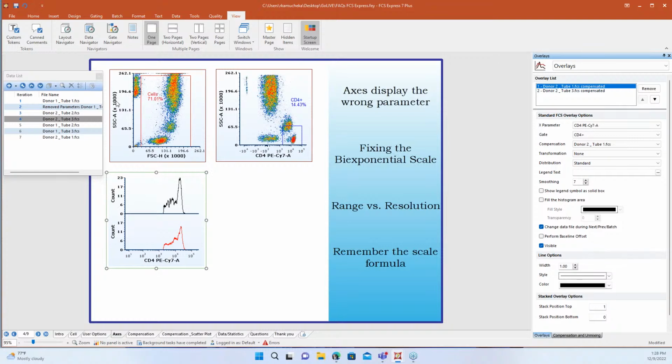FCS Express is going to try to load those 2 files every time it moves to an iteration, and at some point everything's going to go gray because it's not going to know what to do. But there is a nice easy fix, because a lot of times you want that overlay, you want those data files to be showing, but maybe you don't want them to move through the batch the same way that you would your other iterations. So just like she's showing there, you can go to the overlays of that plot, and there's that button there that says change data file during next previous batch. And so if you uncheck that, you'll see that all of your iterations turn blue again, because now the software can move those files through all the rest of your analysis, and it will hold those overlays there where they are. So that is perfect.